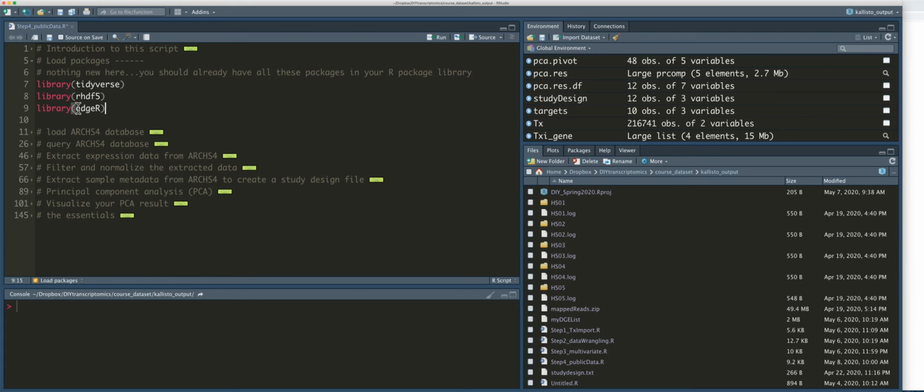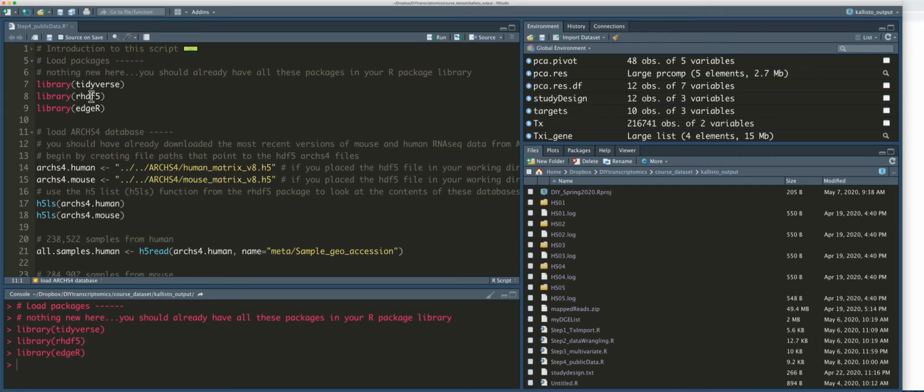Okay, so the first new thing we're going to do here, as I usually do, is start off by loading these packages, including the tidyverse, R HDF5, and edgeR. And by the way, anytime I've moved to the end of a code chunk, it automatically unfolds the next code chunk. All right. As I mentioned in the first part of the lecture, you should have already downloaded the most recent version of at least the mouse ArchS4 database, and I linked to those on today's lecture page on the data tab of the course website,